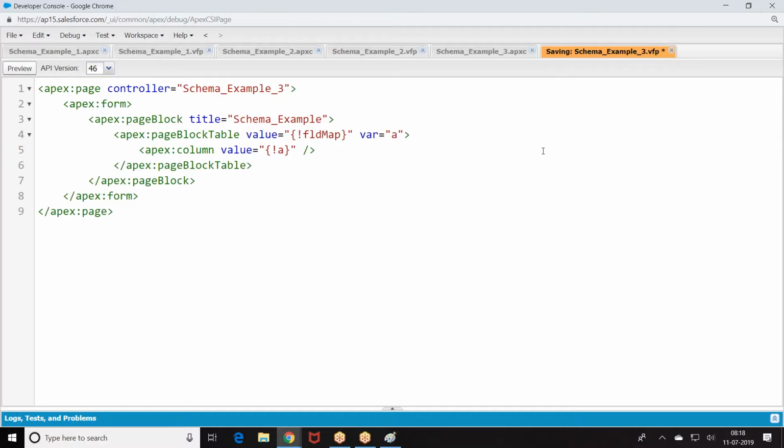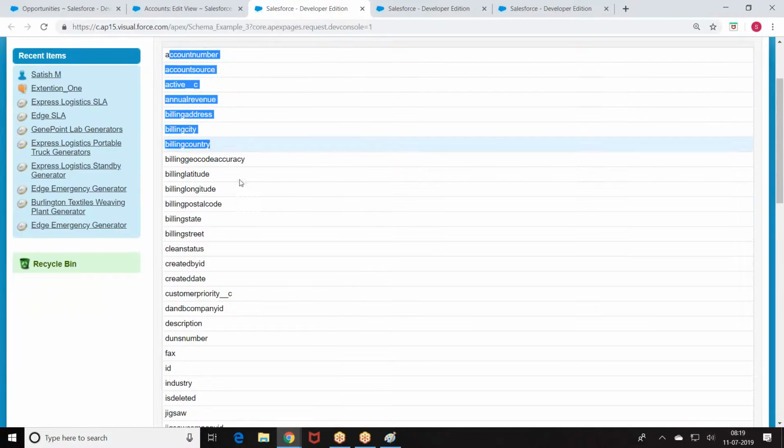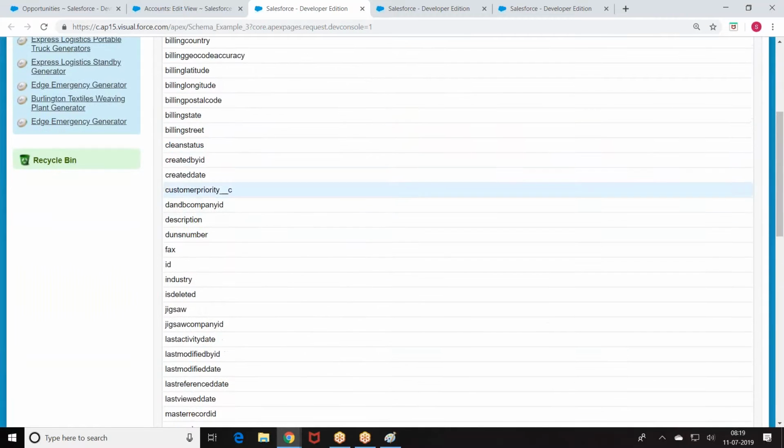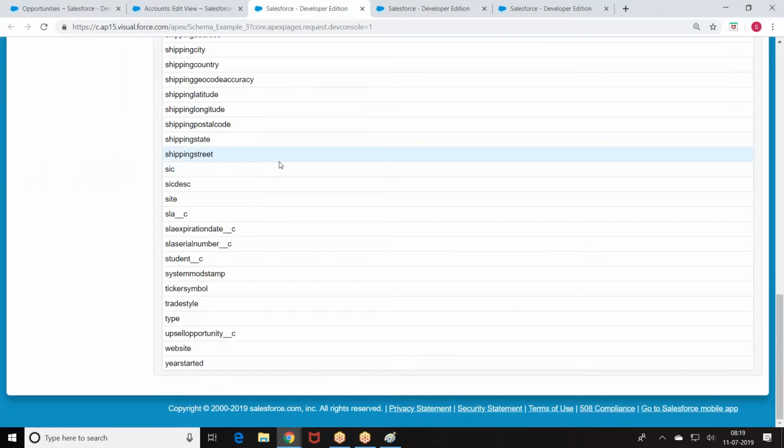This is how we got it. Review. This is how we got the story: the list of all the fields in the given object.